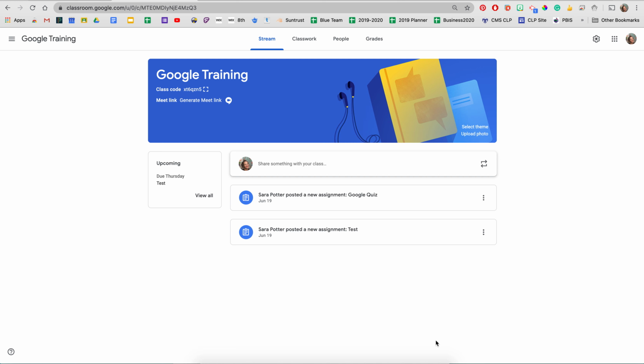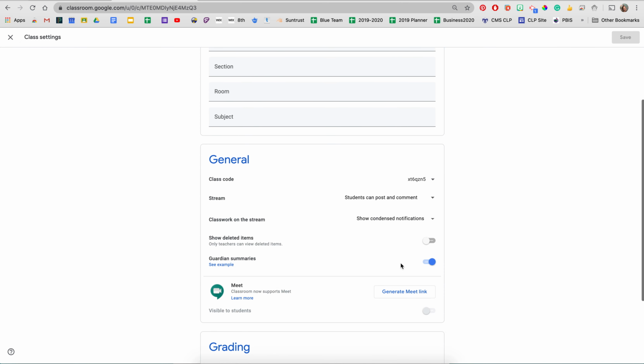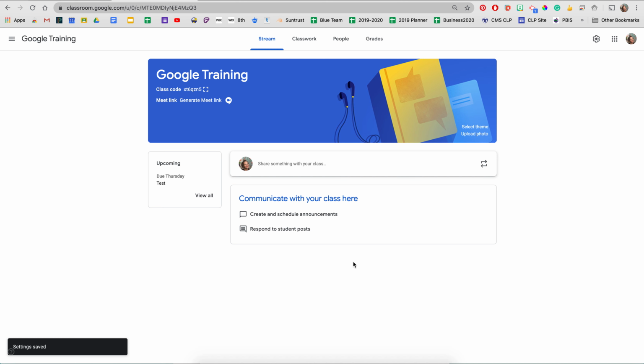So if you want the stream to be just announcements to your class, what you can do is come right up here to the settings on your stream page, and under general, you probably want to do only teachers can post or comment. But then on the classwork on the stream, you're going to do hide notifications. And once you do that, we hit save, you'll see that all of the posts have went away, and